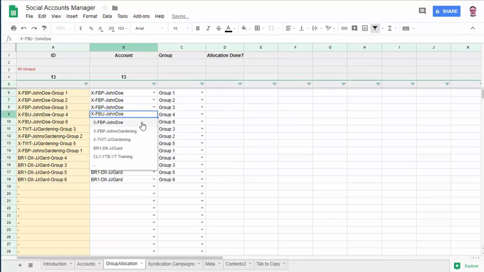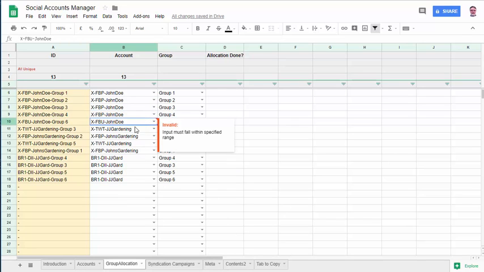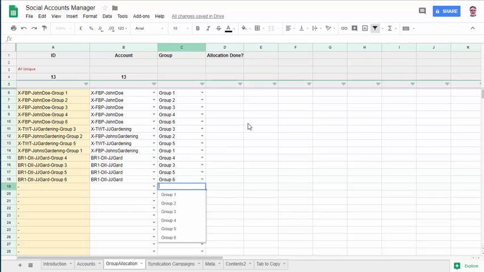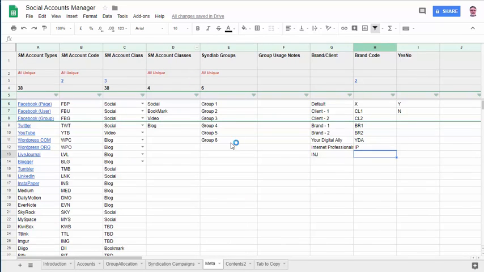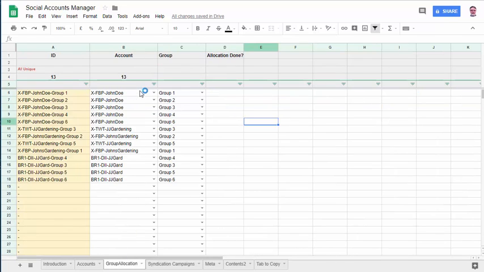When you're doing your planning, this is actually quite convenient. So you put in the account name, you put in the group. I haven't been particularly imaginative in giving my groups names. You should do that, clearly. And again, you create your group names here, and you can put some notes here to say what the group is about. So you can keep track of what the groups are about. So you create your groups, think about how you're going to use them, and then say, okay, I'm going to have these groups, and